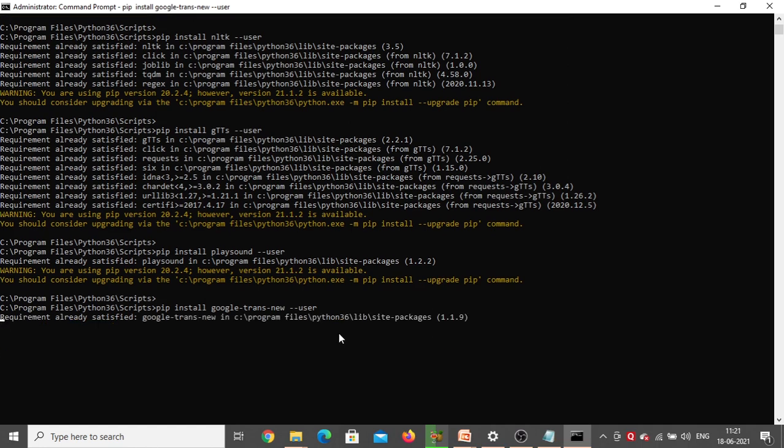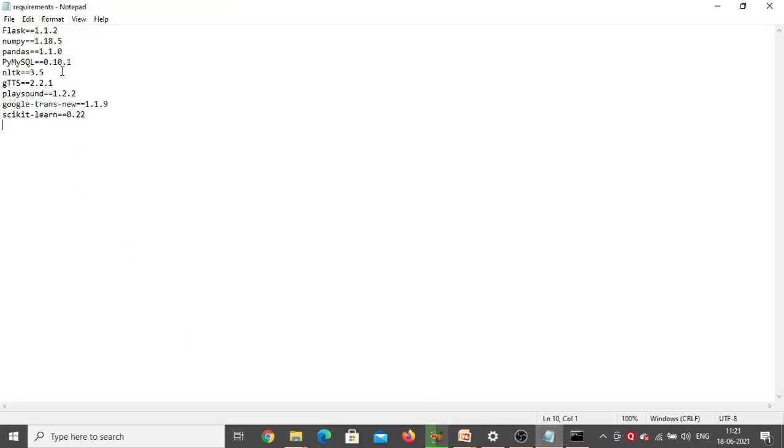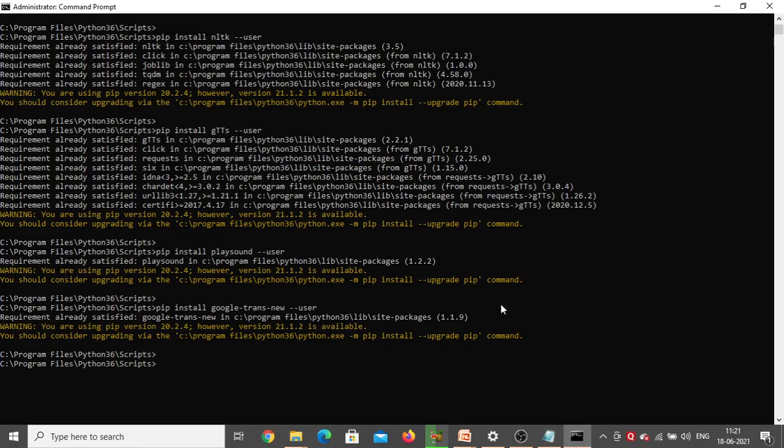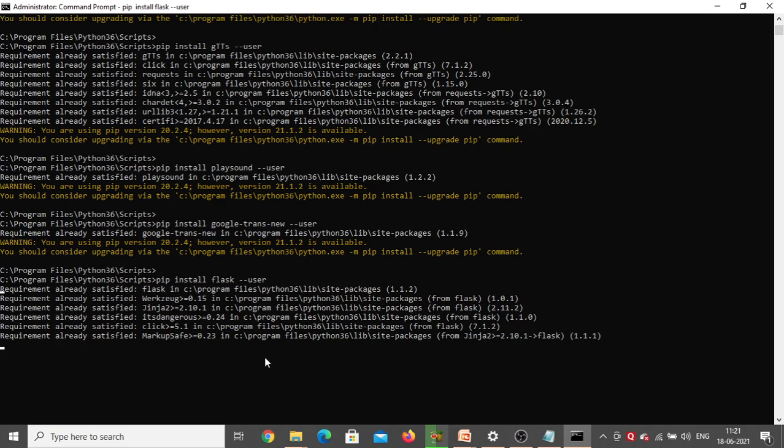This package is also already there in my system. So now I think everything is installed. Only PyMySQL is left, and before that Flask also I need to install. How to install Flask is pip install flask, that is the exact command you have to enter, flask hyphen user. Click on enter. Requirement already satisfied, so Flask is also already there in my system.